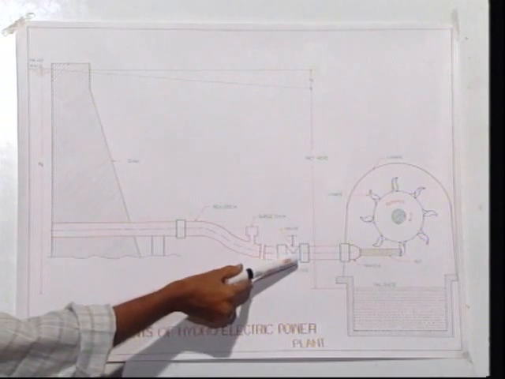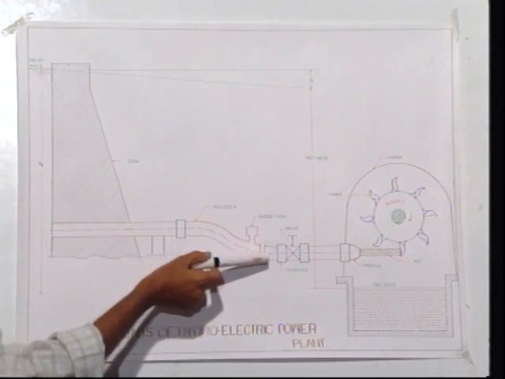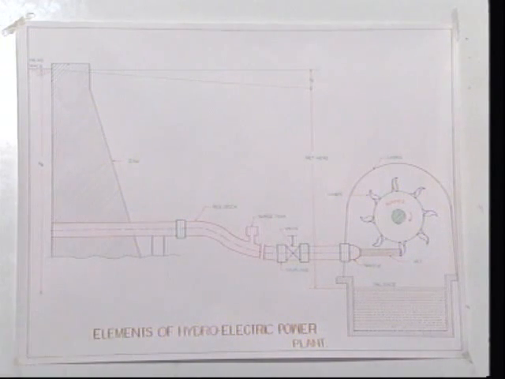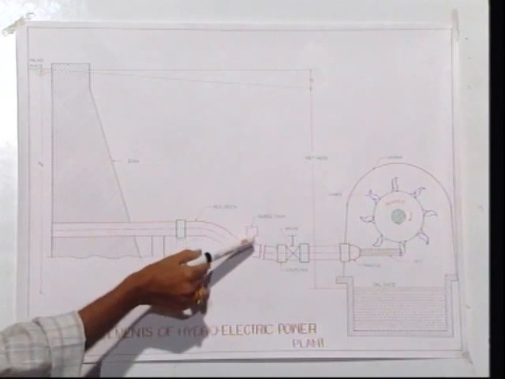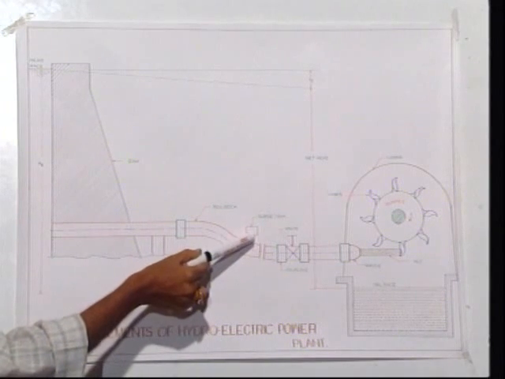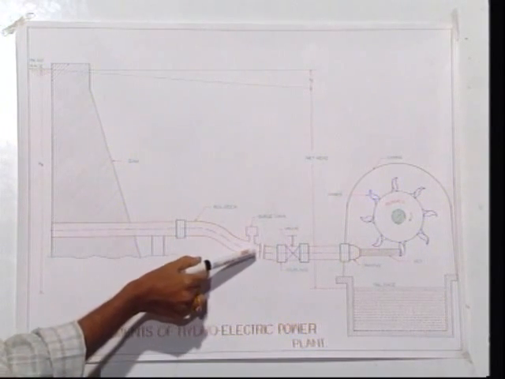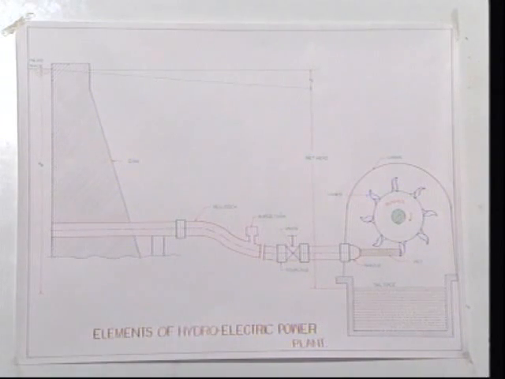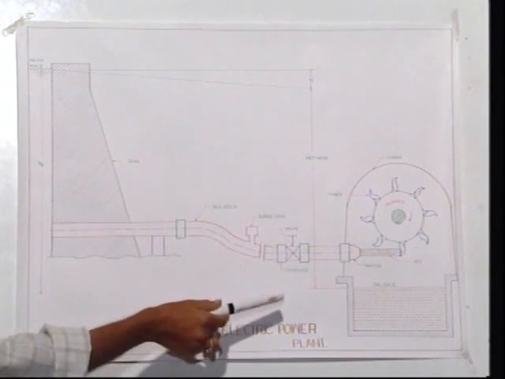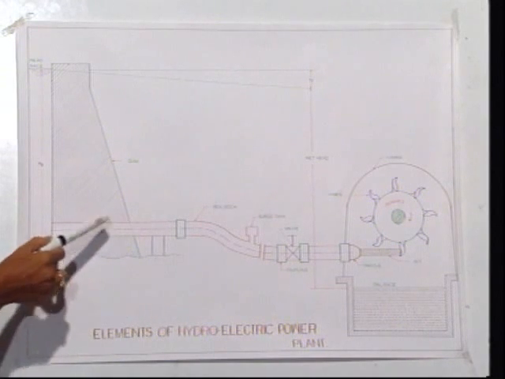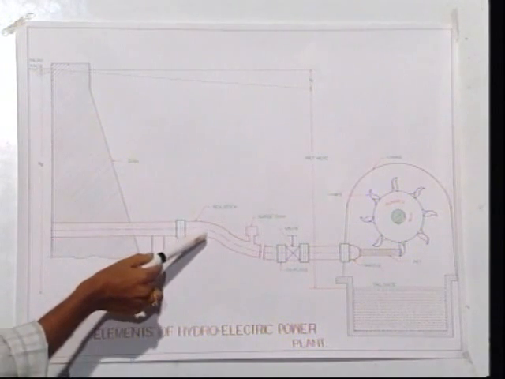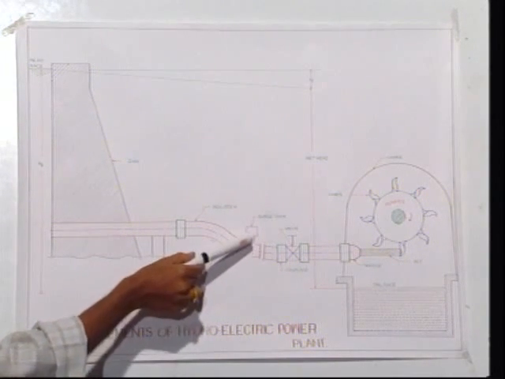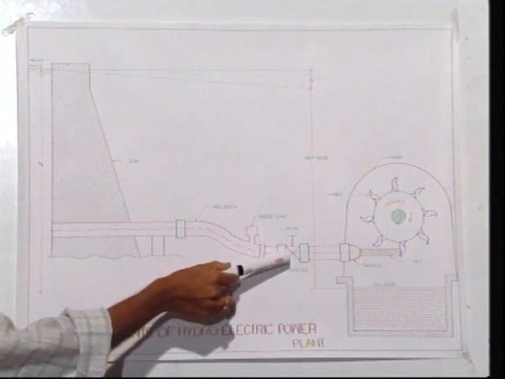Suppose we open this valve suddenly, the water enters suddenly into this pipe, so that a partial vacuum will be created within this pipe. To avoid that, we provide this surge tank so that some amount of water will be stored in it, and without any creation of vacuum, the water from the surge tank also enters the pipe. Similarly, if we close this valve suddenly, the pressure in this pipe suddenly builds up, so there is a chance that the penstock may fail. In order to avoid this, we provide this surge tank, which will take the water due to the sudden closure of this valve.